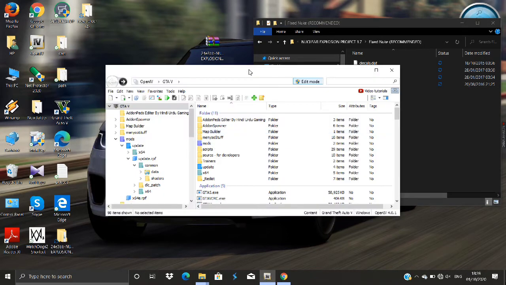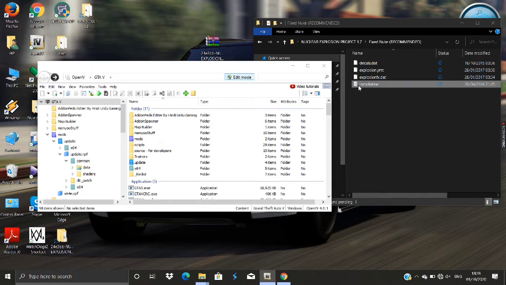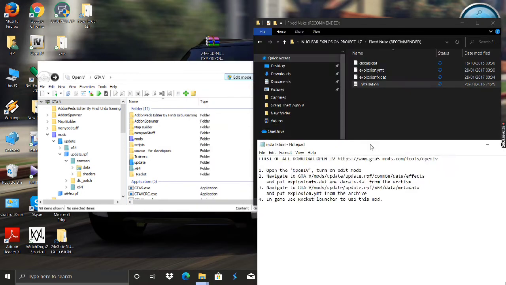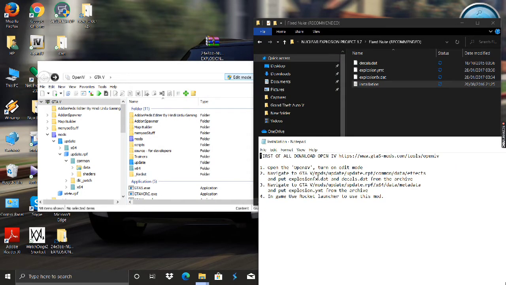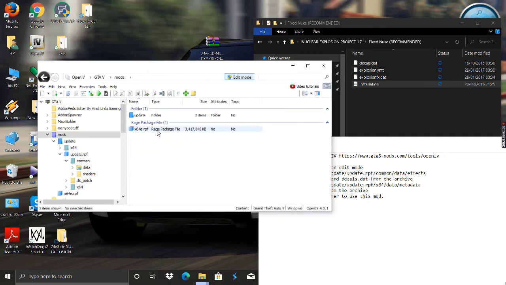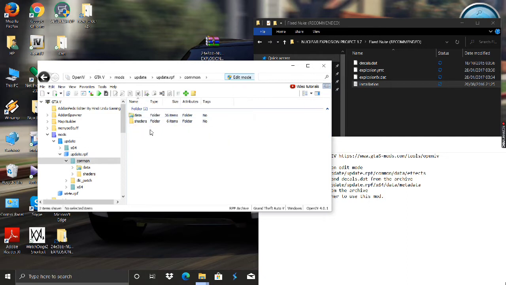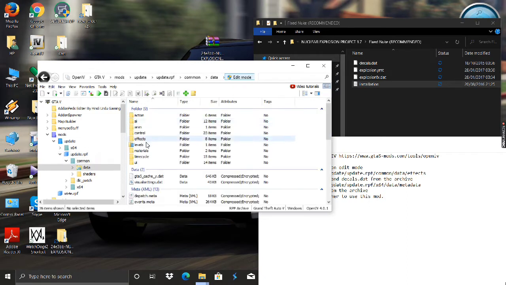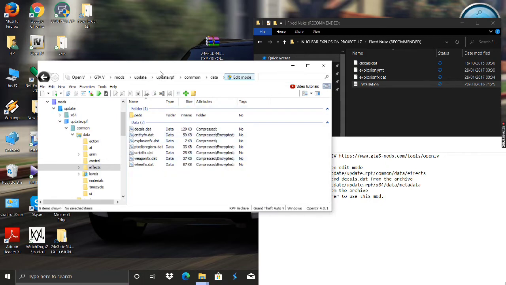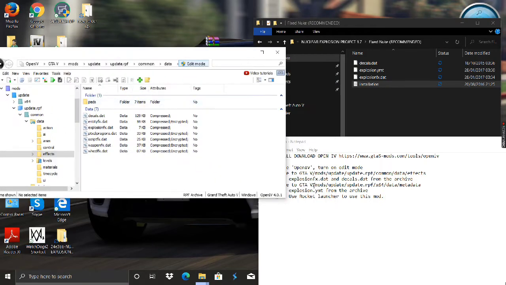So first I have to open OpenIV. These are the steps which we have to follow. First we have to go to the mods folder, then update.rpf, then common, then data, then effects, and drag and drop the files according to the steps in the readme file as I am doing.